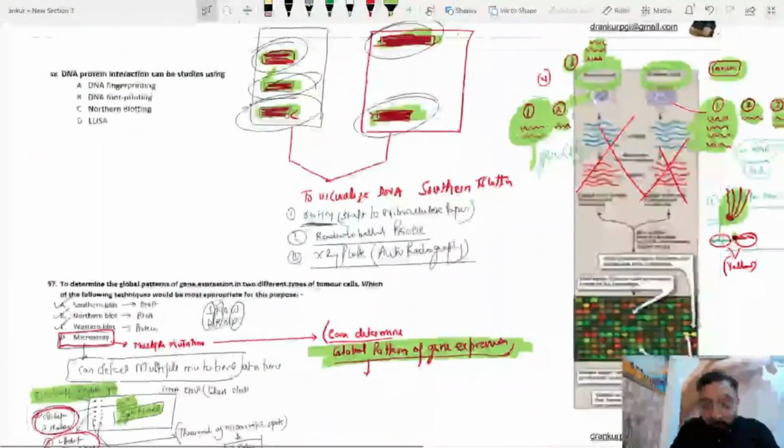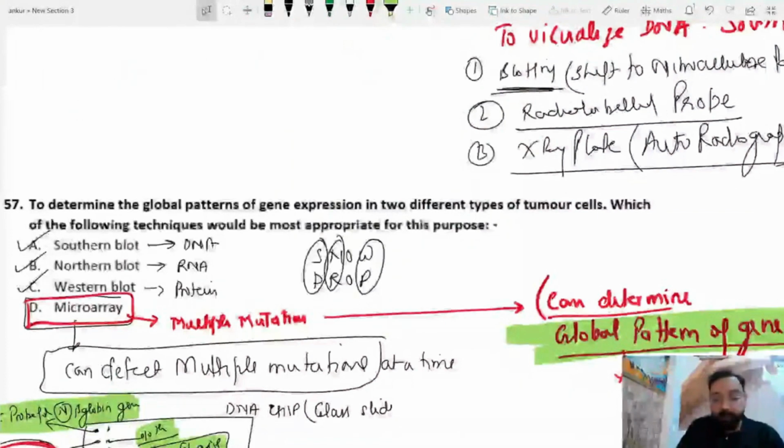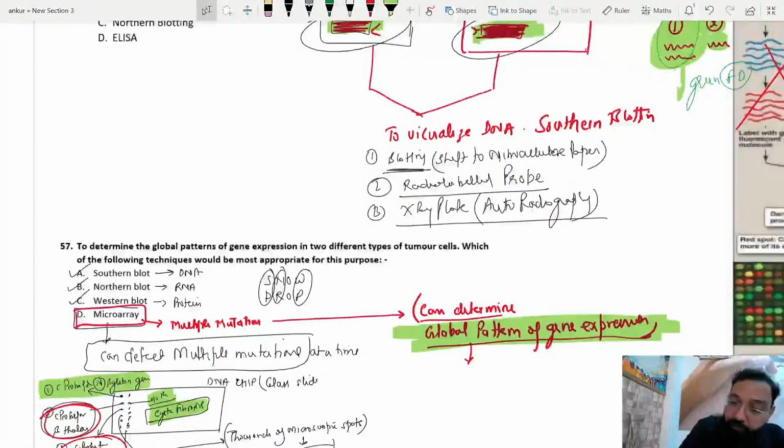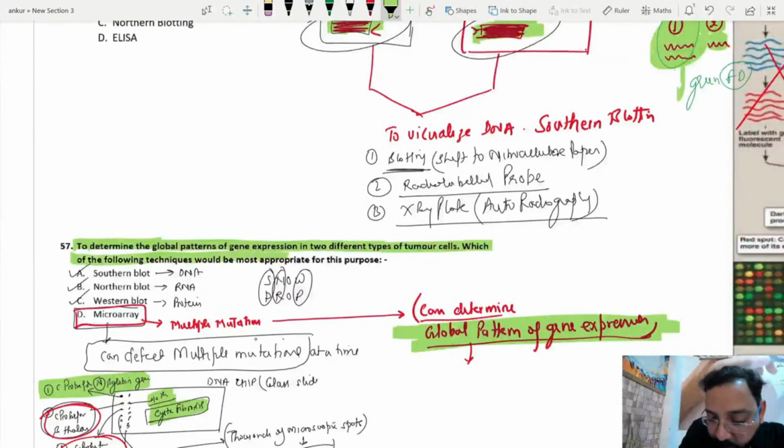So this is a global pattern of gene expression. Now you can tell me the answer of this question. Please do reply. To determine the global pattern of gene expression in two different types of tumor cell, which of the following techniques would be most appropriate for the purpose? Micro